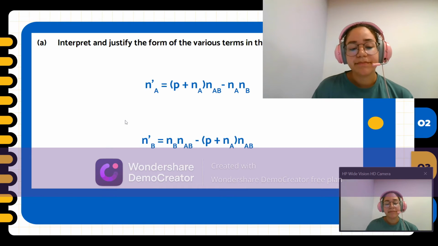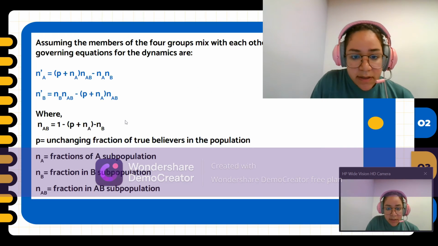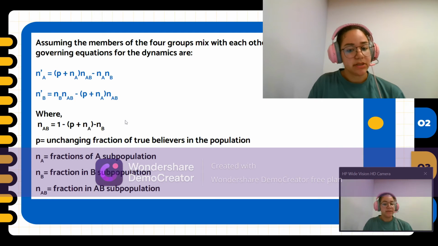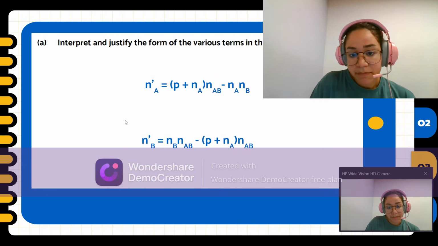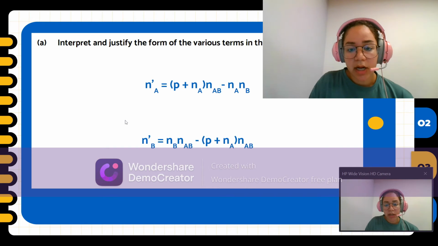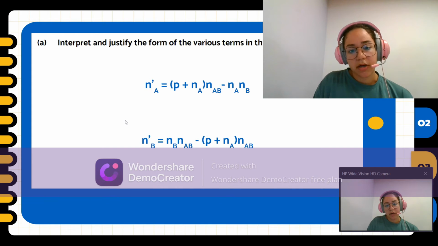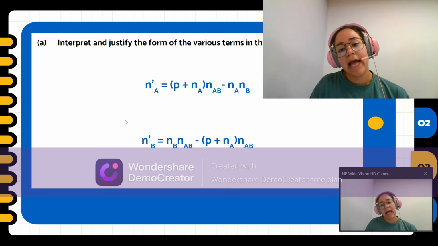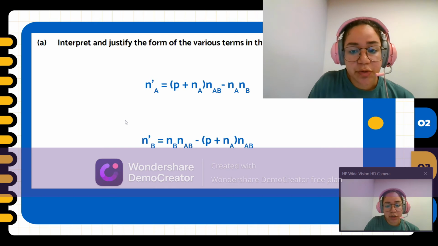You can see that in the first part, they're gaining members, which are dependent on P, and P was the unchanging fraction of true believers in the population. So NA is always going to be sticking with P. But that's also dependent on the subpopulation AB because there's going to be some members who choose to be A after having an argument. But then you can see that there's a negative portion of it, and those are the people that are leaving group A and they're probably turning into group B,